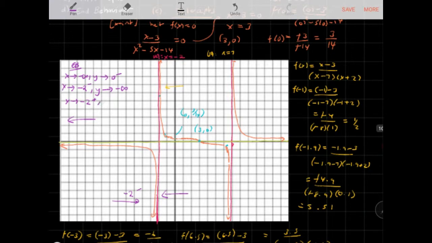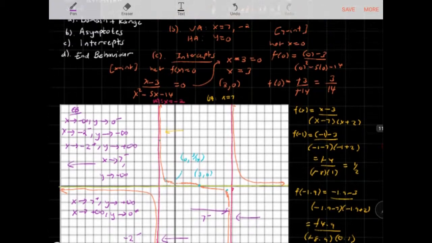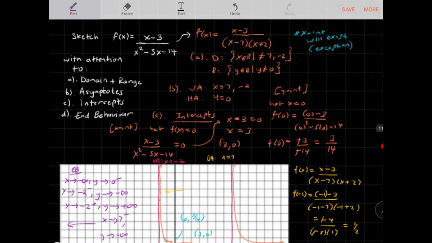If you follow the orange trace, y approaches positive infinity as x approaches the next vertical asymptote, which is 7 from the left side. y basically will approach negative infinity, and as x approaches 7 from the right-hand side, y approaches positive infinity, and as x approaches positive infinity, y is going to approach the x-axis, it's going to approach 0 from the top. Okay, so those are the end behaviors of our function. So it's somewhat quite irregular, but once again, we can use some of these principles to help